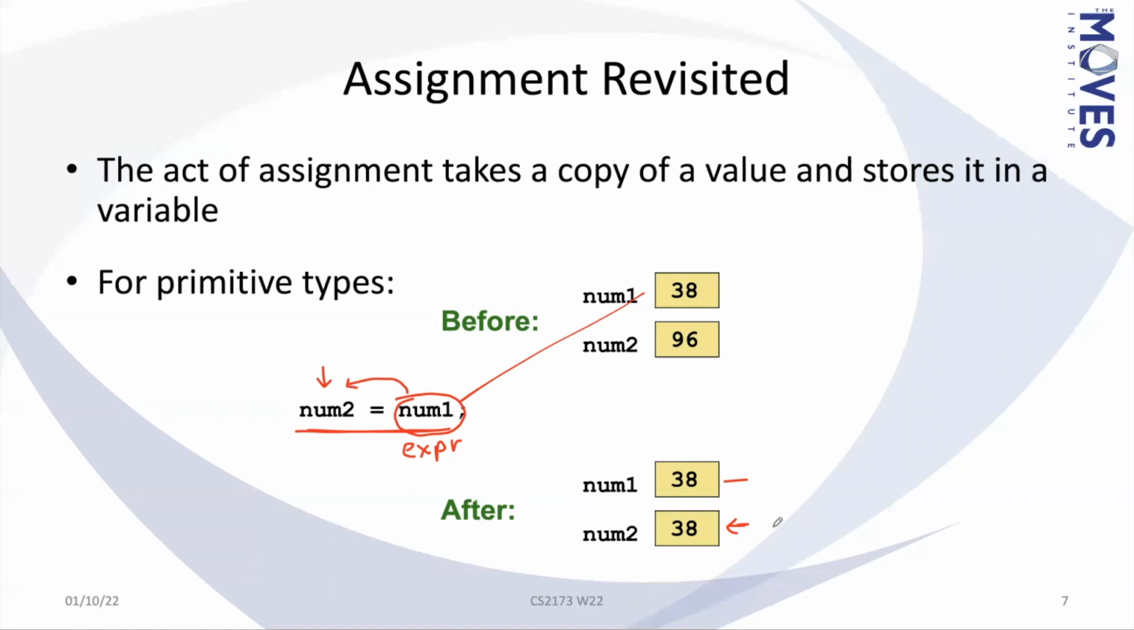Now, the thing to understand here too is that even though they have the same value, they are completely disconnected. If the next statement were to say num1 equals 5, then the value in num1 would be changed to 5, but the value of num2 is going to stay exactly as it is. Okay, that may seem kind of obvious,